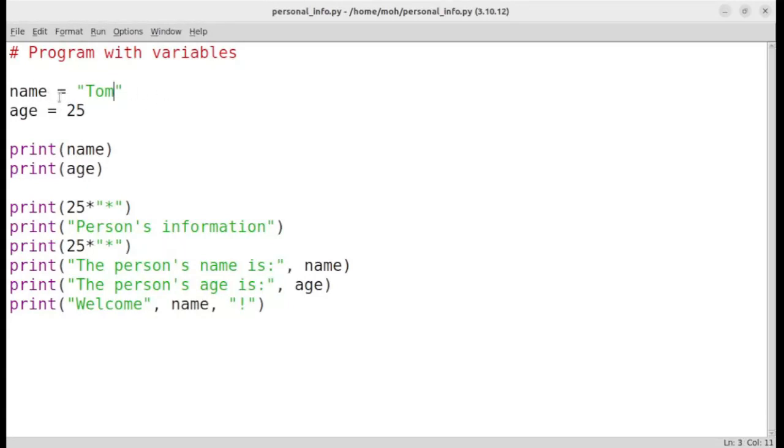So here the variable name is storing this value in the memory, the value Tom, and this second variable called age is storing another value which is 25 in the memory also, in a different location in the memory. And these variable names are in fact referencing those memory locations where these values are stored. So now we will change the value which was stored in the name variable, and we give it a different value, Ali. We will do the same for the second variable,